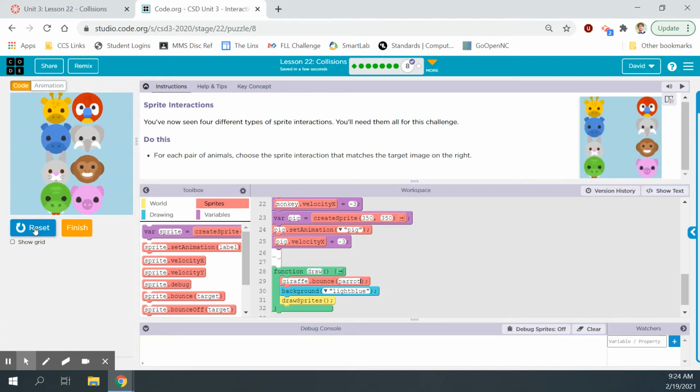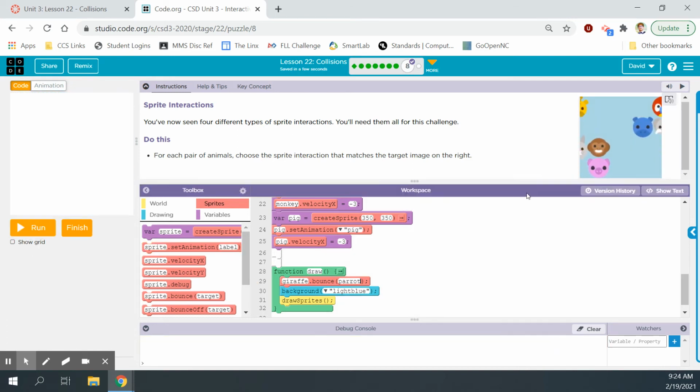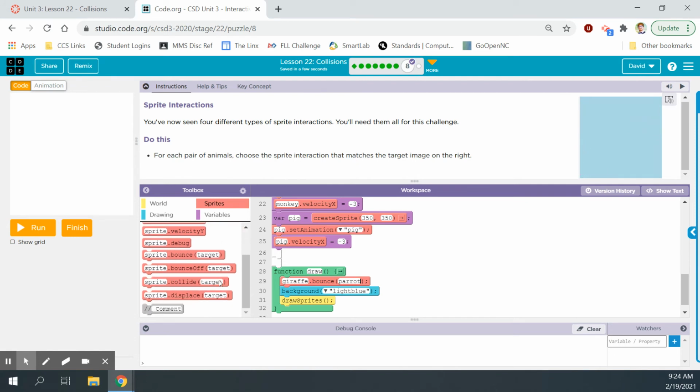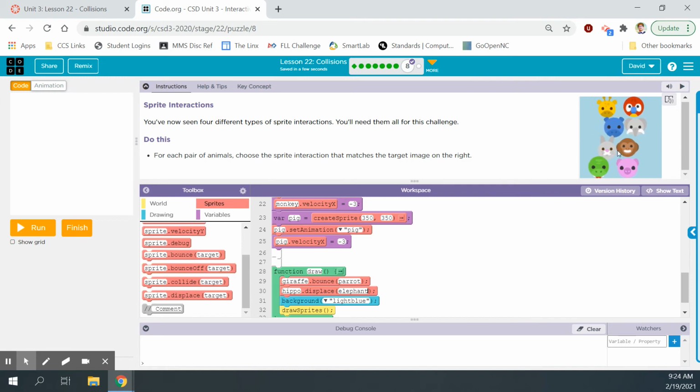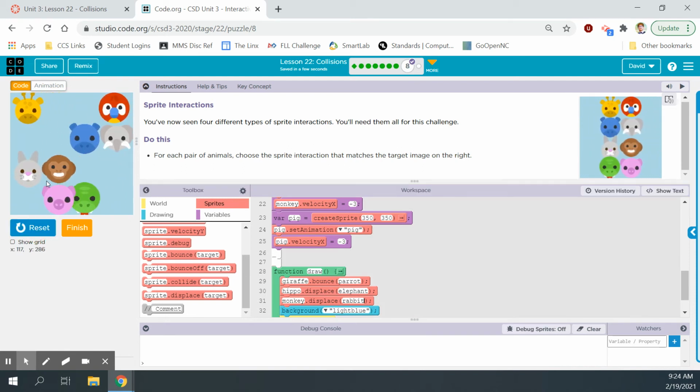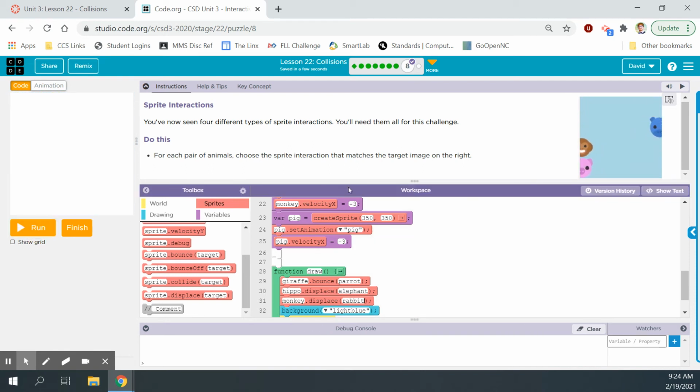Run. Okay. And then hippo, displace elephant. This next one, I think. Yep. Okay, what's the next one? Monkey, displace rabbit. Run. Yep. Okay, and then